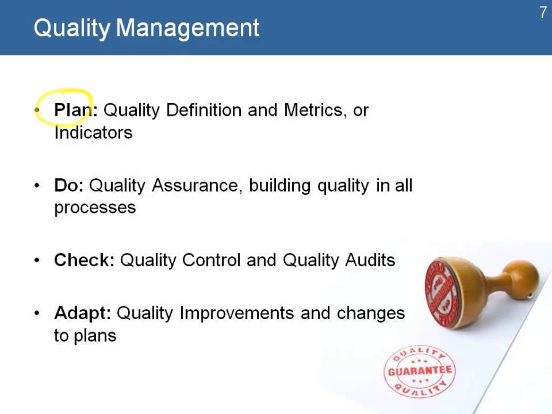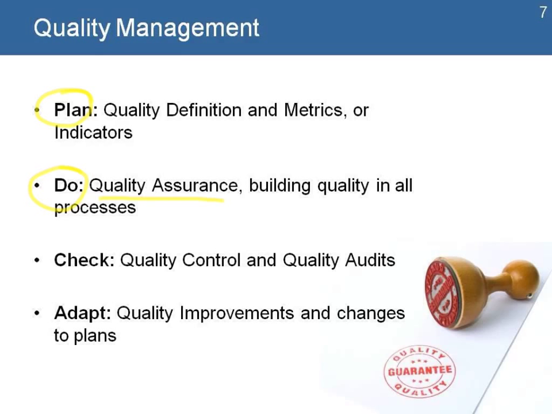Plan means quality definitions and metrics or indicators. That is the moment where the project and every activity has a right definition of what are the quality standards that they will use and the quality metrics that they will apply to measure. During implementation, a lot of the work is done with quality assurance, which is building quality in all the processes. It's making sure that everybody understands what are the quality standards and what are the metrics that are being used